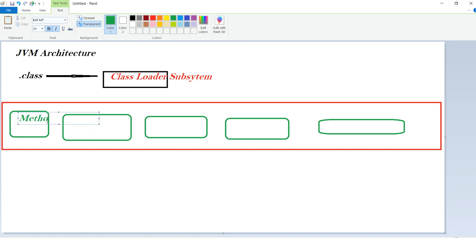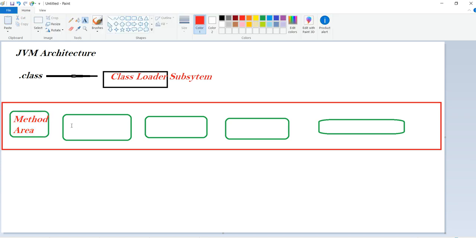Whichever method is executing, that area defines it. So what is the method area? It defines that.